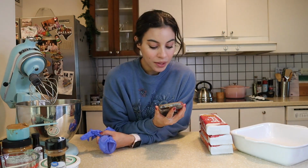Today we're making a Biscoff Tiramisu. I'm so excited. This is actually one of the dishes I'm bringing for Thanksgiving, but I got this recipe from